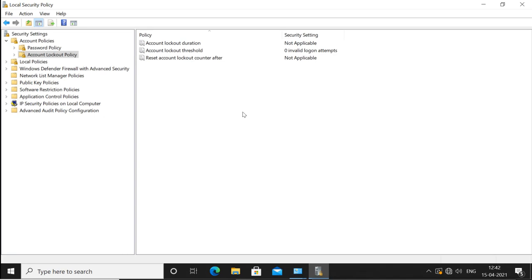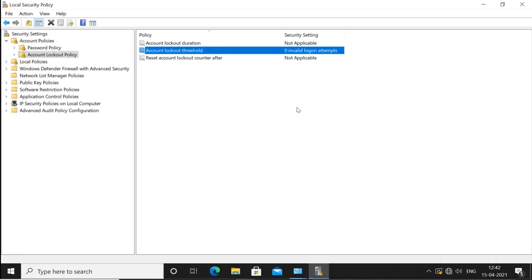Now he can try unlimited times because this policy is set to 0 here for invalid logon attempts. So any other user or hacker can try unlimited times to guess your password.